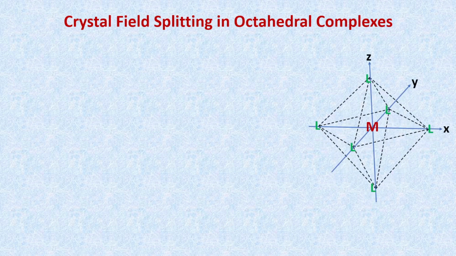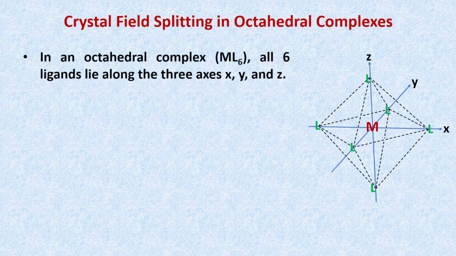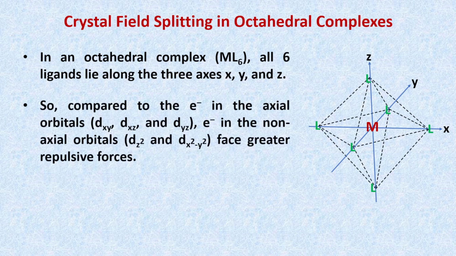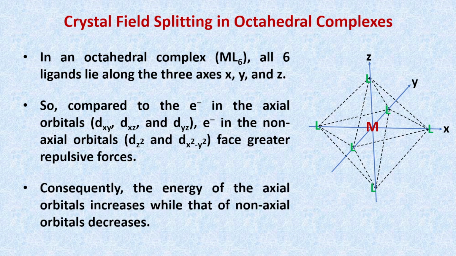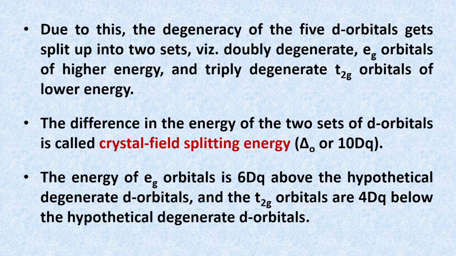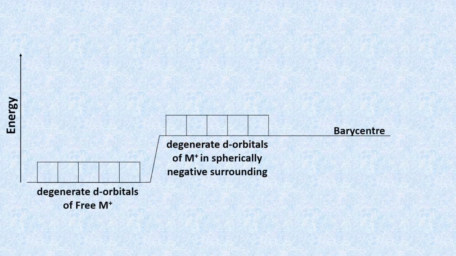Let us consider first the crystal field splitting in octahedral complexes. In an octahedral complex ML6, all 6 ligands lie along the 3 axes x, y and z. So compared to the electrons in the non-axial orbitals like dxy, dxz and dyz, electrons in the axial orbitals like dz square and dx square minus y square face greater repulsive force. Consequently, the energy of the axial orbitals increases while that of the non-axial orbitals decreases, due to which the degeneracy of the 5d orbitals gets split up into two sets,